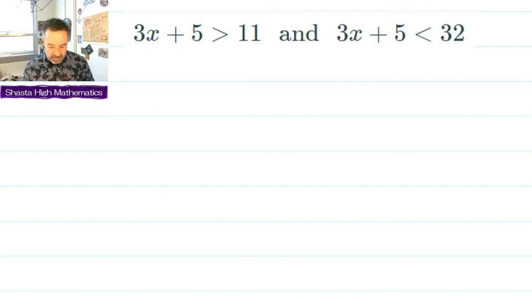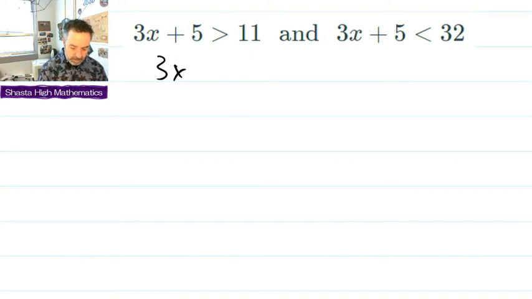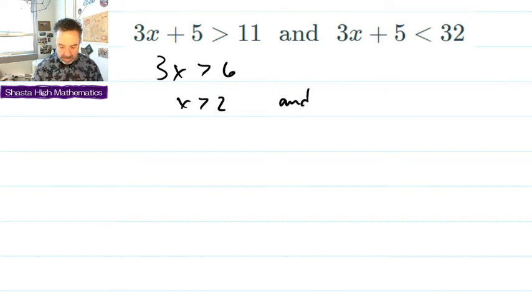If I solve this real quickly by taking away 5 from both sides, for the first part, this becomes 3x is greater than 6, therefore x is greater than 2. It also has to be true for this entire solution that 3x is less than 32 minus 5, which would be